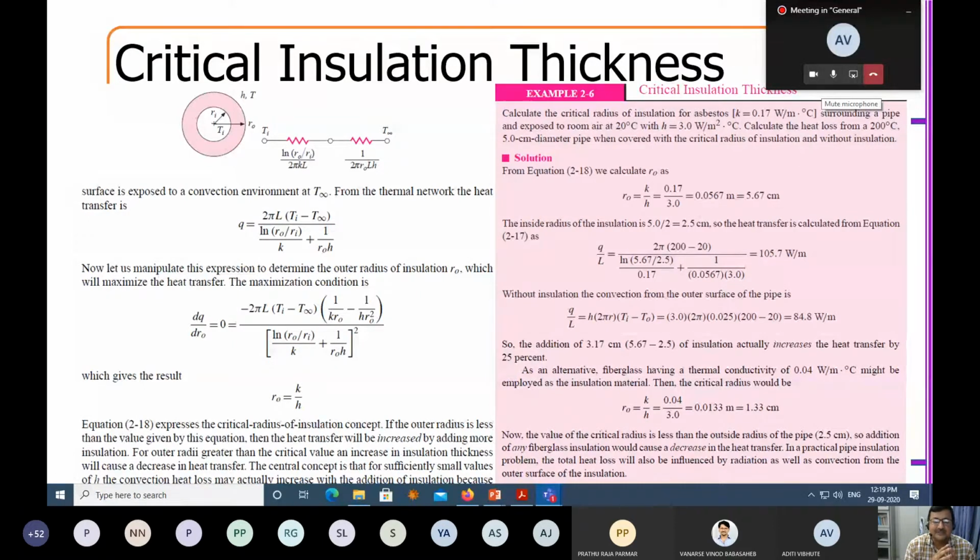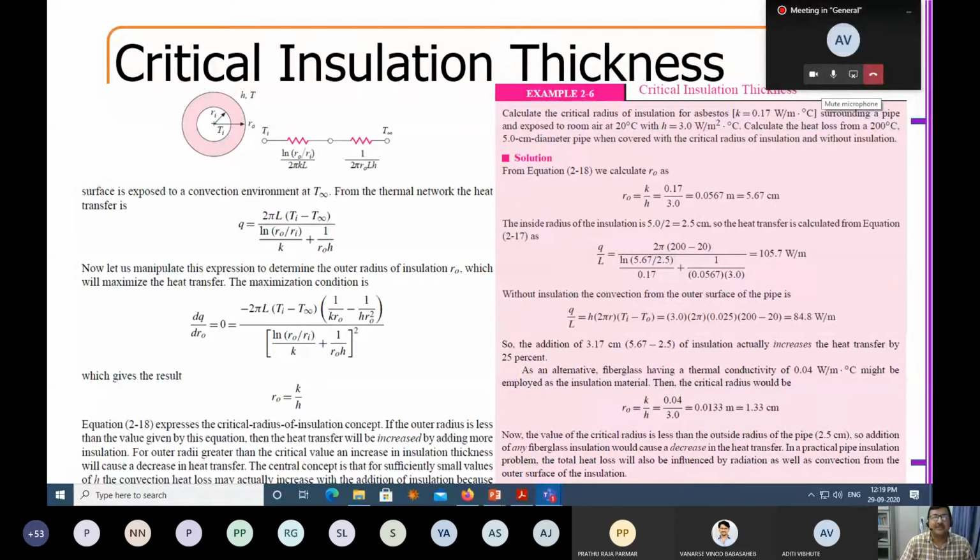The thermal conductivity of asbestos is very low. The thermal conductivity of this metal pipe with inner radius Ri is very high. So the fluid will immediately lose heat up to this point. But since the insulation has a very, very low thermal conductivity, the heat will not be able to go out from this particular place. However, there is a counterbalancing phenomenon also working here: as I keep increasing the size of the cylinder, the convected heat loss changes, because the area is also increasing.